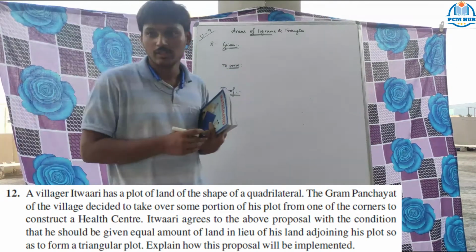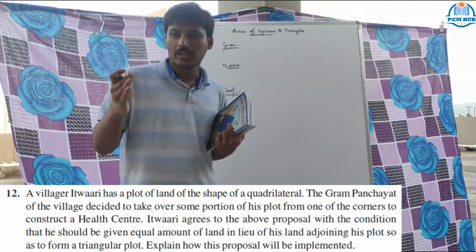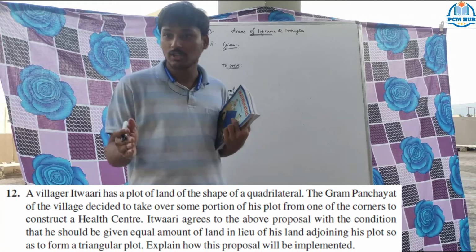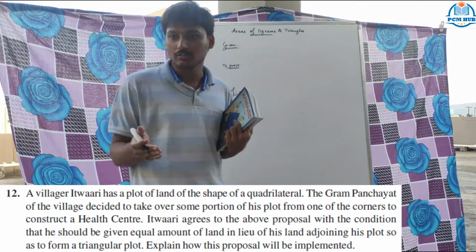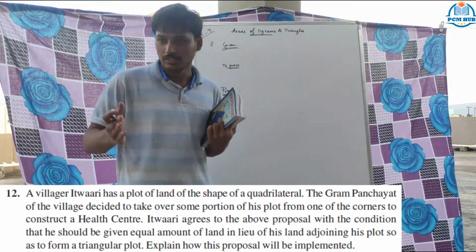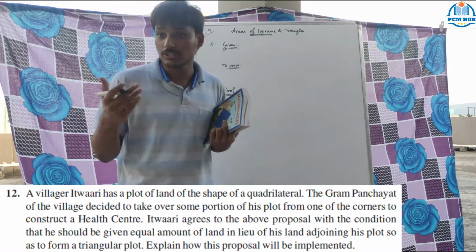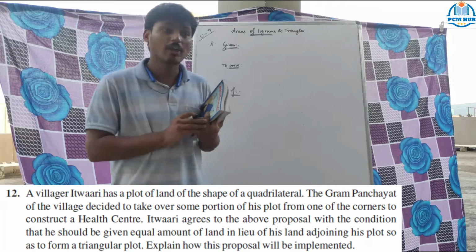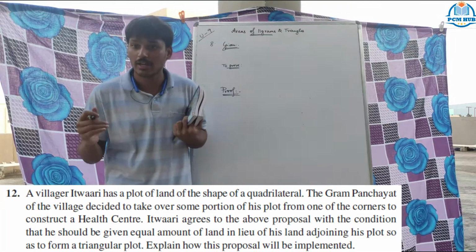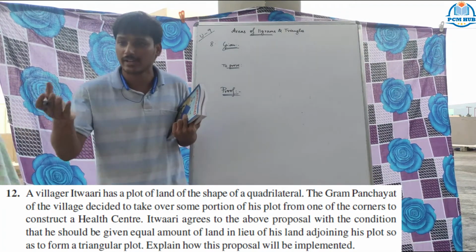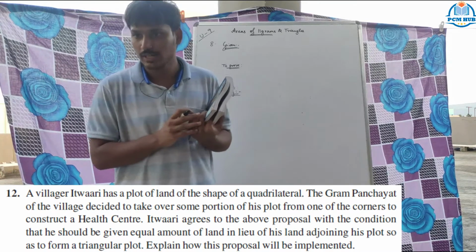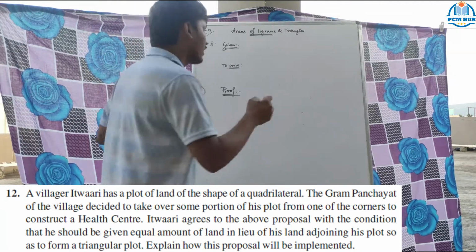It is the extension of a road. Some part of the land of a personal residential plot or a shopkeeper's shop will be cut down, and the government will give compensation for it in the form of money, or if they have any government land adjacent to it, they will give that land to that person. That is one way.